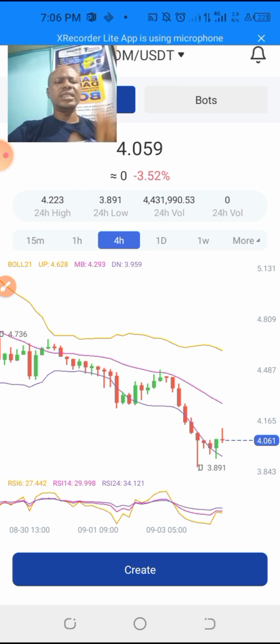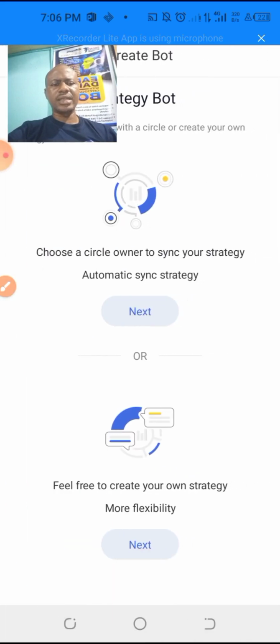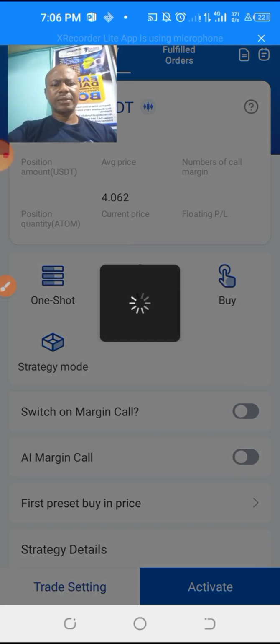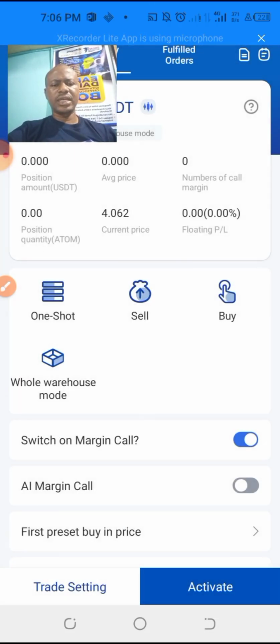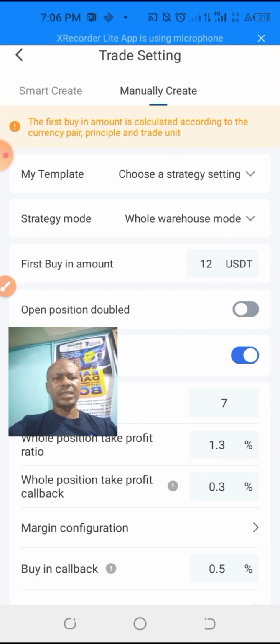So make sure that 2 or 3 or more conditions are met before you enter any coin. So the next thing is for you to just click create, multi strategy board, click create, click next at the bottom, then click resetting at the bottom, then go to manually create, then click choose a strategy setting